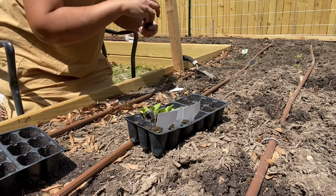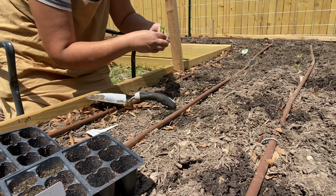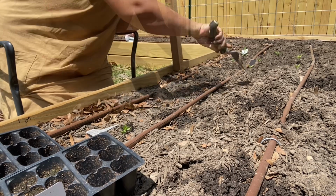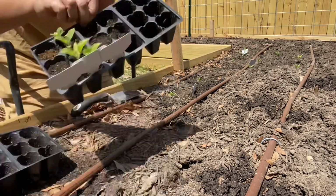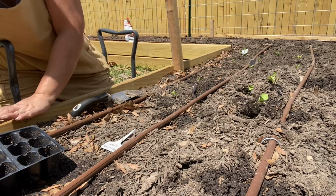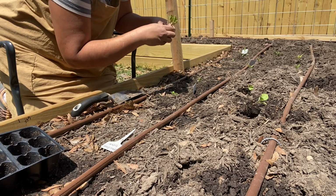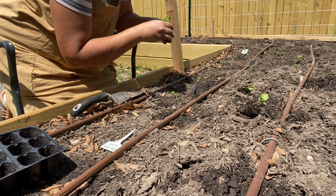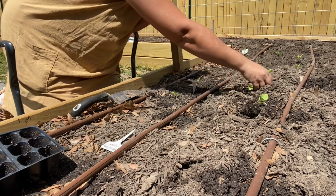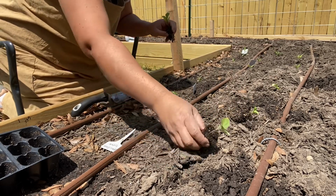Okay. I only have 2 habaneros because I don't like hot stuff, so I don't even know what I'm going to do with 2 habaneros except maybe give them away. Irrigation just shut off. Eggplant. This is Black Beauty. There. So 2 here. Let's see if I can separate these without destroying the roots. So bad. Alright. 1 there. 1 here, 1 here,